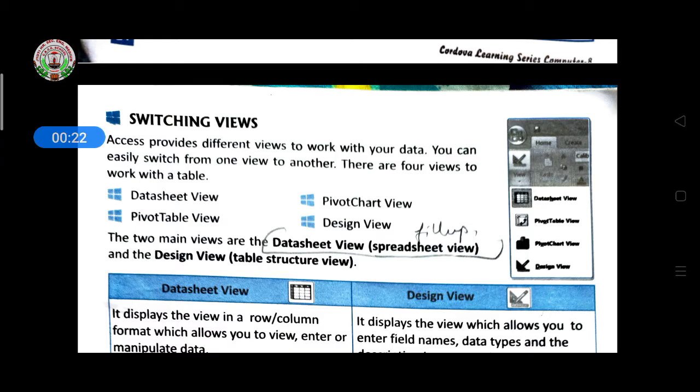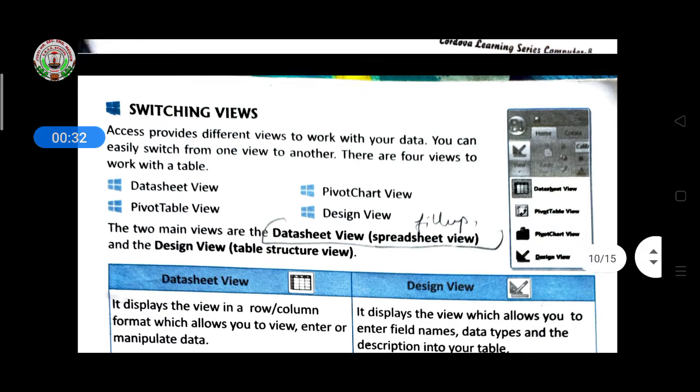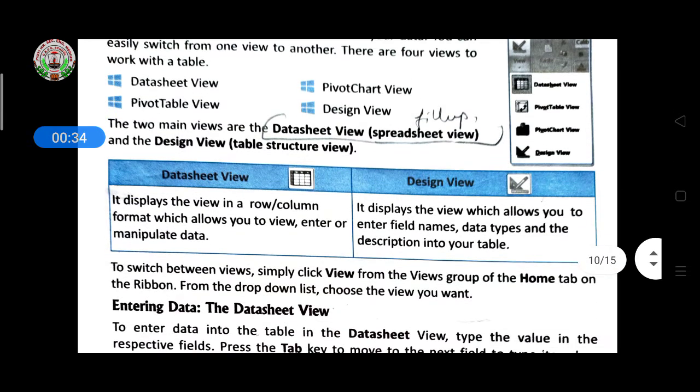So, if you want to see your table in different views, you can see it with the help of datasheet view, pivot chart view, pivot table view, and design view. So the two main views are there. The datasheet view means spreadsheet view, and the design view means table structure view. So datasheet view means it displays the rows and columns. There you have to enter or